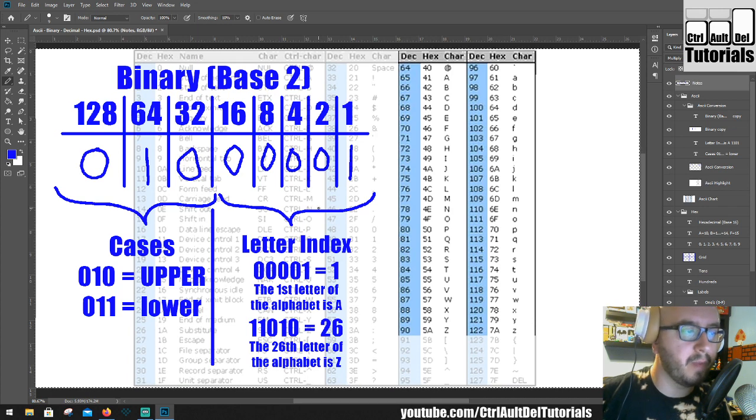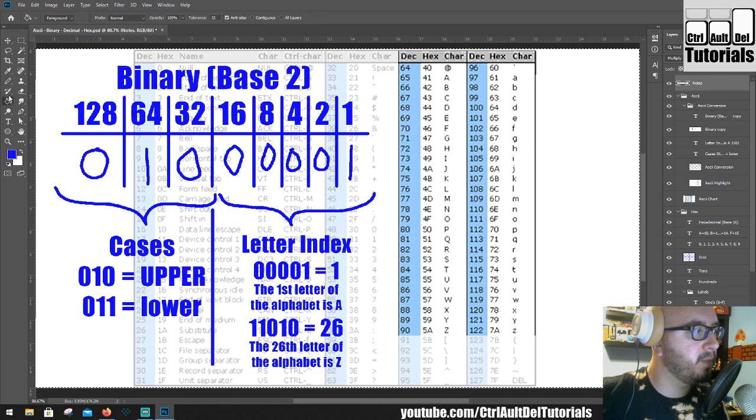Which letter of the alphabet is it? So if I have 0, 0, 0, 0, 1, that's the first letter of the alphabet. If we look here, 0, 1, 0, 0, 0, 0, 0, 1 is the first letter of the alphabet. This would be uppercase A, if it's 0, 1, 0. Now, all we would really have to know here is this means uppercase, and